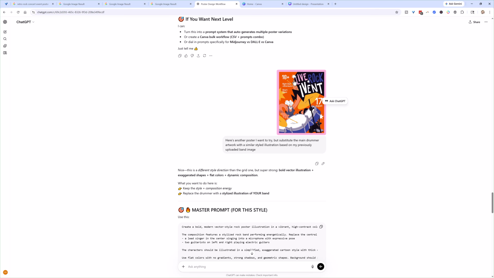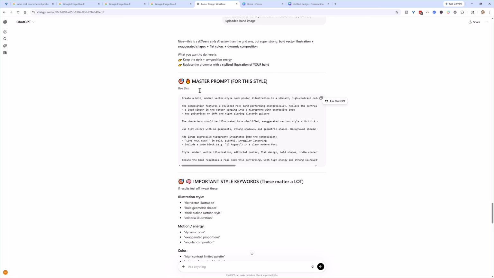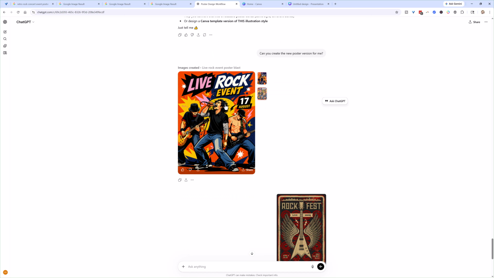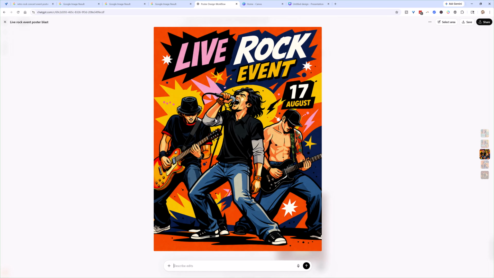Then I upload my other poster here. I'm looking for a poster in that style. And again, very specifically, it's breaking down that style. It's giving me a prompt if I want to use it to create other things in that style. Then of course, I can just ask it to create the poster, and it gave me this version here, which is very cool. Take a look at this here. So something totally different now, but once again, making use of that band image, making use of a totally different style. And so again, this is something I saved off because we're going to do our final step in Canva